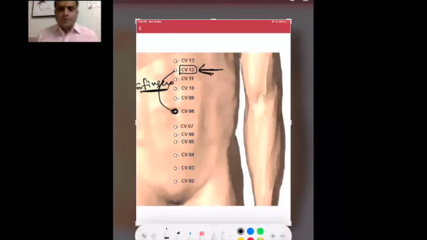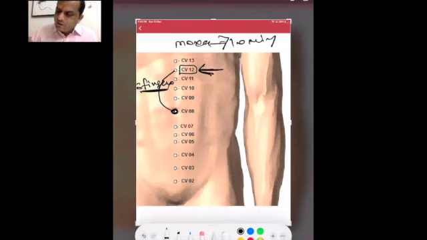The CV12 point has been considered a very good point which prevents dampness or kapha formation. So if we do the moxibustion here for 10 minutes, it will not allow kapha formation,